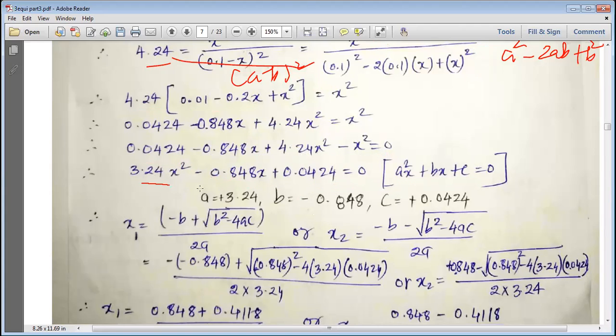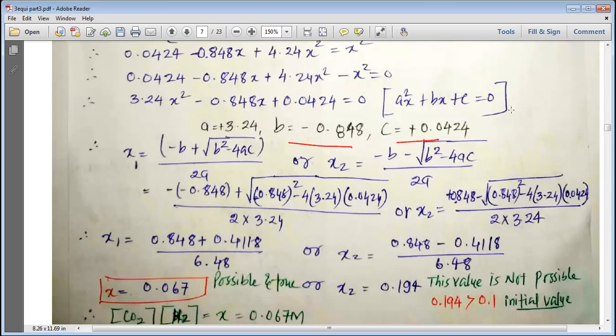Here you can see that this equation is like ax square plus bx plus c equals 0, where this is your a, this is your b, and this is your c. So here you can write that for this equation, a is equal to plus 3.24, b is equal to minus 0.848, and c is equal to 0.0424. We know that the root of this equation ax square plus bx plus c is nothing but x is equal to